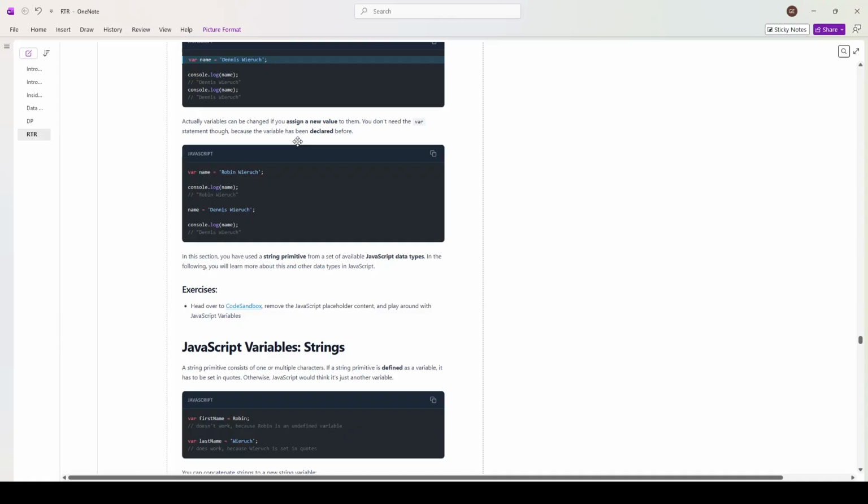Actually, variables can be changed if you assign a new value to them. You don't need the var statement though, because the variable can be declared before. So here var name = "Robin Wirich", console.log(name). Then we reassign name = "Dennis Wirich". So we don't actually need let. As discussed in the previous video, we use let, but in JavaScript, you don't actually need to use let unless you're using it for a loop, or unless you actually need that. You just need to specify the name and the new value like this. So in this section,